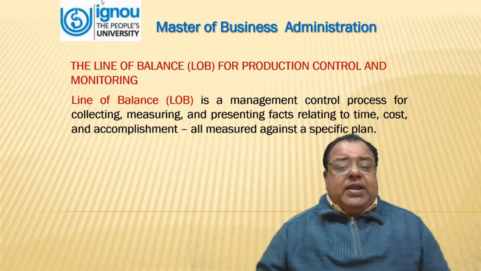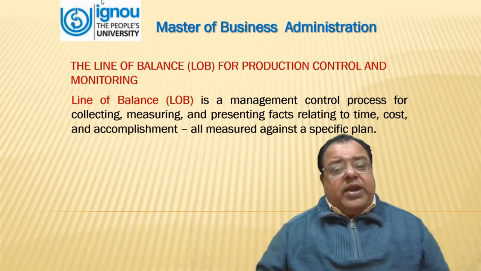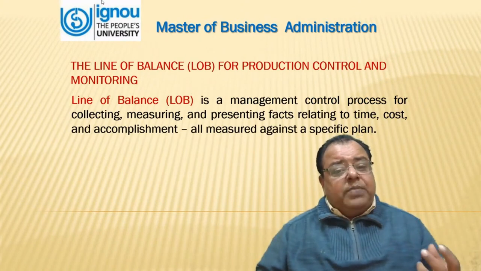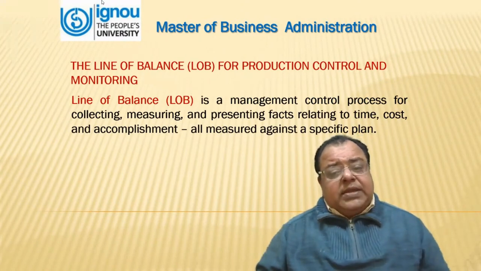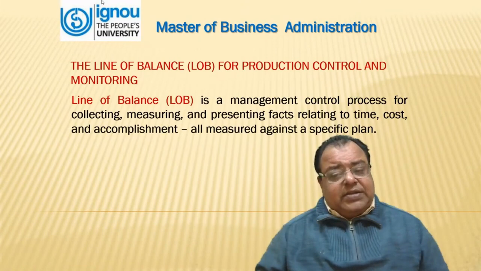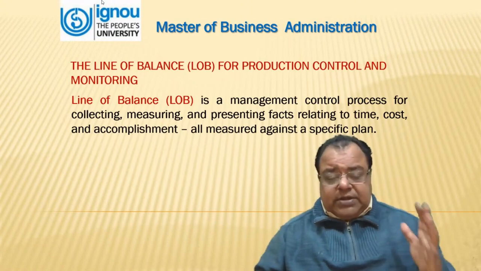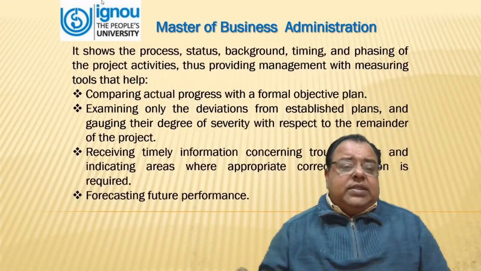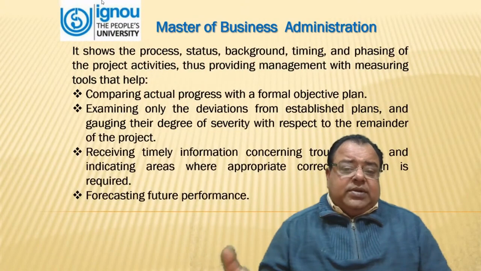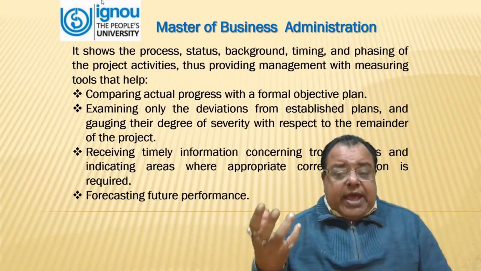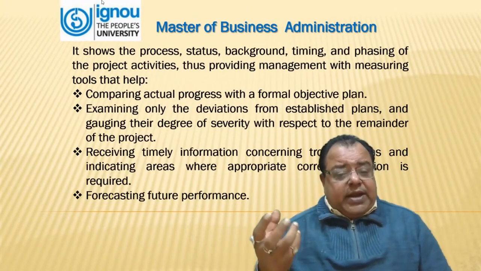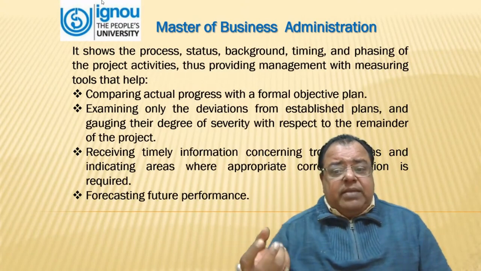The line of balance for production control and monitoring, what we call LOB. LOB is a management control process for collecting, measuring, and presenting facts relating to time, cost, and accomplishment, all measured against a specific plan. It shows the process, status background, timing, and phasing of the project activities, thus providing management